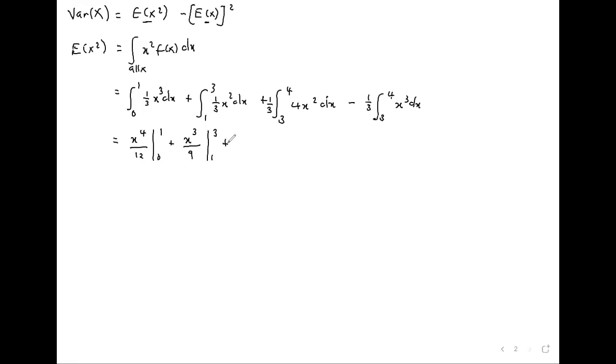We also get 4 over 9 x cubed from 3 to 4, minus x to the power 4 over 12 from 3 to 4. So we get 1 over 12 plus 27 over 9 minus 1 over 9